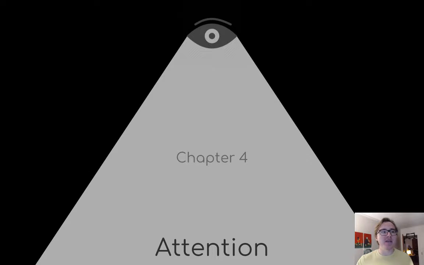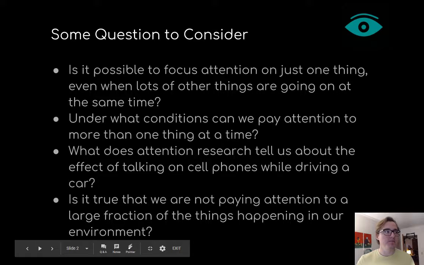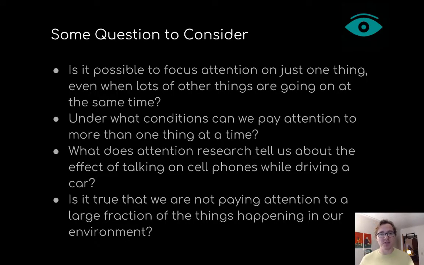And we'll talk a little bit about how different perspectives regarding attention influenced how people studied it. So, some things to think about for this chapter. First off, how does attention work? A lot of what this chapter addresses is in regard to a lot of colloquial terminology we use in regarding to attention: splitting attention, moving attention, focus, losing focus, paying attention. And one of the questions that I want you to think about is, is it possible to focus attention on just one thing, even when lots of other things are going on at the same time? So that idea of blocking out information is a really important area of study in attention and cognitive psychology.